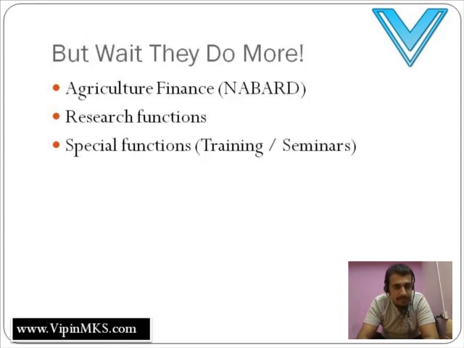The other functions of RBI: agricultural financing through NABARD. Now NABARD is an institution for agriculture and rural development. What does RBI do here? Through the network of RBI, the NABARD's functioning is possible. Thanks to RBI, NABARD has been able to even link its facilities with cooperative societies and cooperative banks as well. So that's how RBI is indirectly playing a role in assisting NABARD.